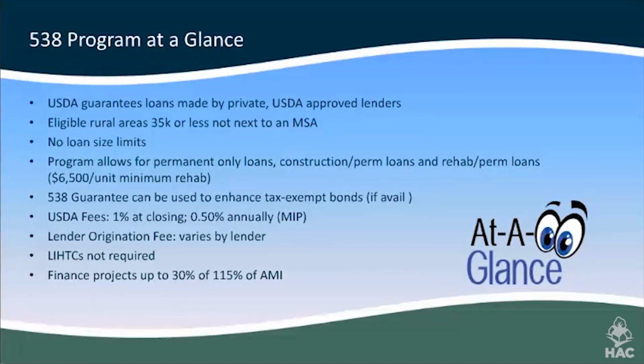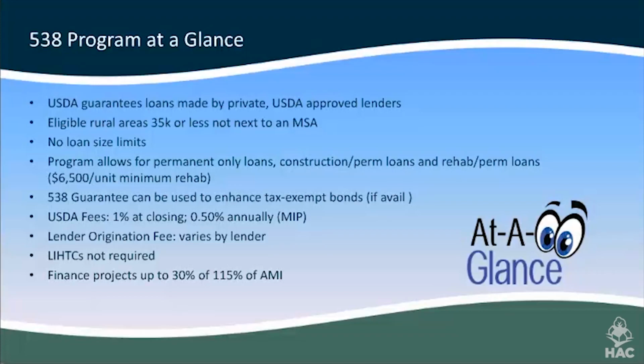At a quick glance, as we stated, the program is driven by approved lenders that participate in the program. We service eligible rural areas up to 35,000 in population that are not butting up next to an MSA. In the earlier slides, you saw an eligibility link. That link will tell you whether the project is eligible or not. You can just go into that link, put in an address, and it'll populate an eligibility. It'll tell you whether the project is eligible or not eligible. And if you have any issues with that, you can always reach out to us and we can assist you